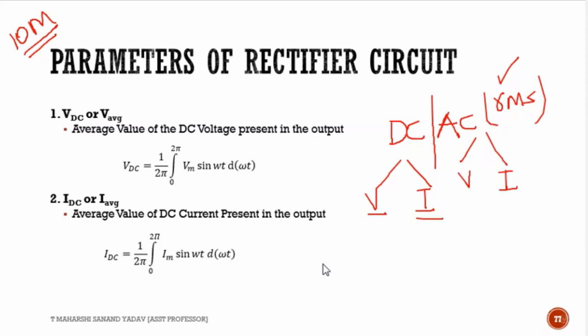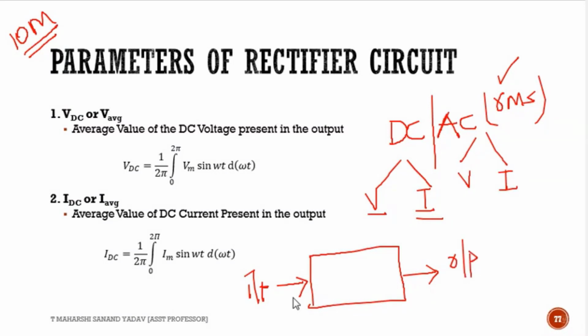So why are we doing all this? What do we need at the output, is it AC or DC for this rectifier? Why we need DC, right. So suppose this is some block diagram. If you consider, this is input, this is output. So input is something which is AC, and by using the rectifier, I want output as DC.